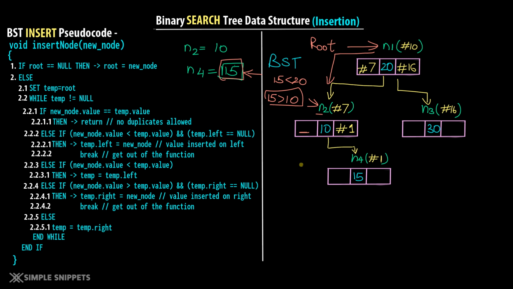Okay, so now you've got a basic understanding of how these nodes are inserted into the binary search tree. You simply have to traverse starting from the root till the bottom, and you have to keep on checking the new node's value that you want to insert with the value of the current node, and depending upon whether it is greater or smaller, you keep on traversing or you append it.